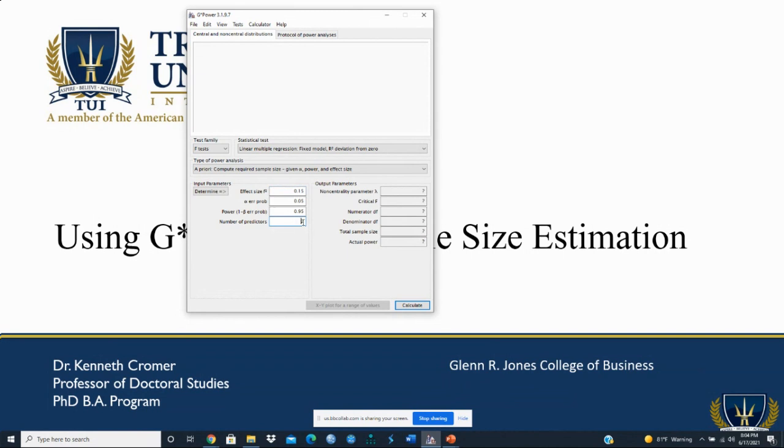So let's say we had four. Let's say we had 4 independent variables, or 4 predictor variables that were either independent variables, moderators, or mediators in our model. Once we have that data, all we do is click calculate, and it comes up and tells us on this side,